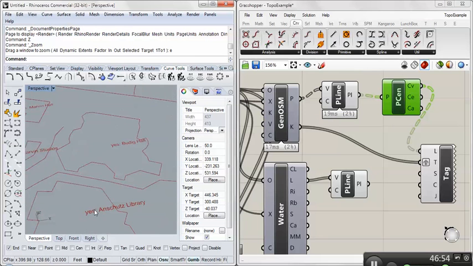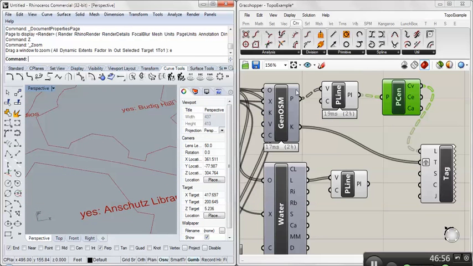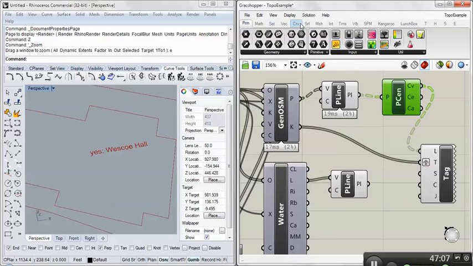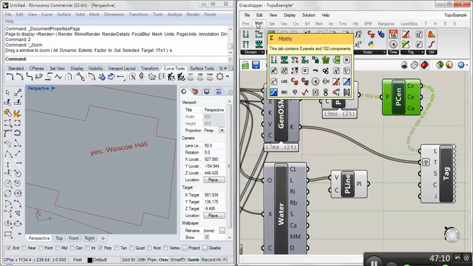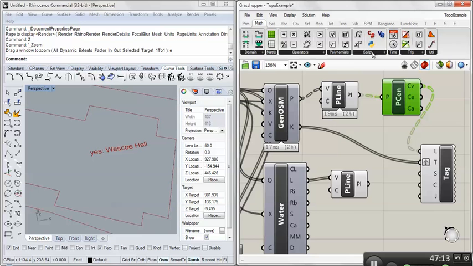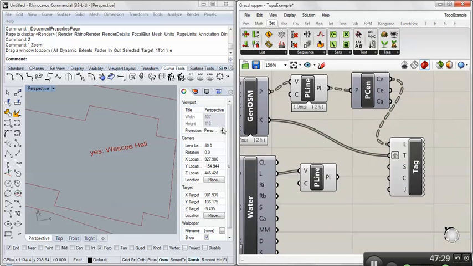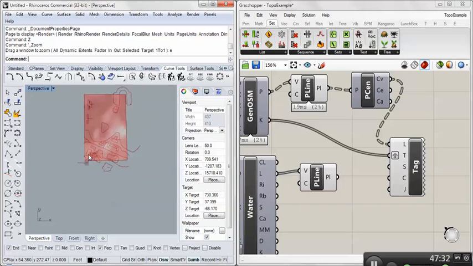And if you really want to, there's some tools in here to manipulate the strings. If you wanted to pull out all the yes, because I think it would just say no if it didn't know the name of the building, if you want to mess with it, it's under math, or not set. Here it is. Some of this is the same sort of thing you might have run into in Excel on how to format and manipulate text, but I'm not going to mess with it for this class. All right, so we now have